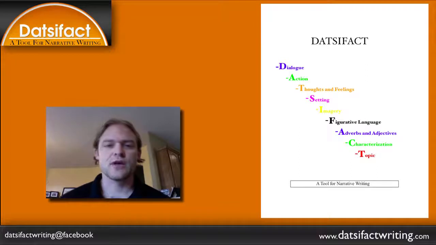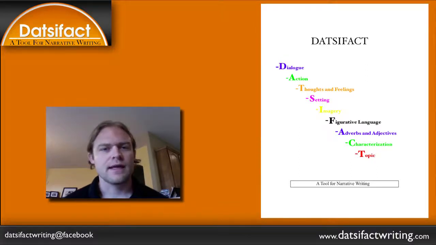Hello, my name is John with DATSIFACT Narrative Writing, and in this video we will be coding, which is just a fancy word for analyzing a story for its parts and seeing what kind of DATSIFACT elements we can find. And coding is where I begin with students because it helps them recognize and learn the DATSIFACT elements, but also they can start to see patterns that published authors use in their own writing, which is very beneficial for struggling young writers. This is part 1 of 2 for Coding Magic Treehouse book number 6.